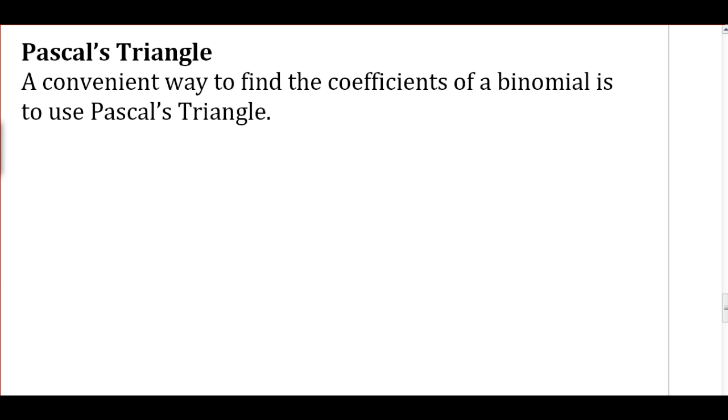And we're going to take a look at Pascal's triangle, which we have looked at a little bit in class. So just a little refresher here. Again, it's just a convenient way to find the coefficients of a binomial expansion. And once we have the coefficients, we know the pattern for the exponents, where the exponents of the first variable are going to go from n down to 0, and then the other variable is going to go from 0